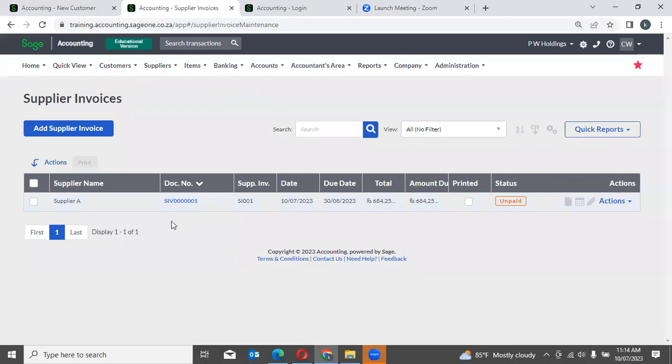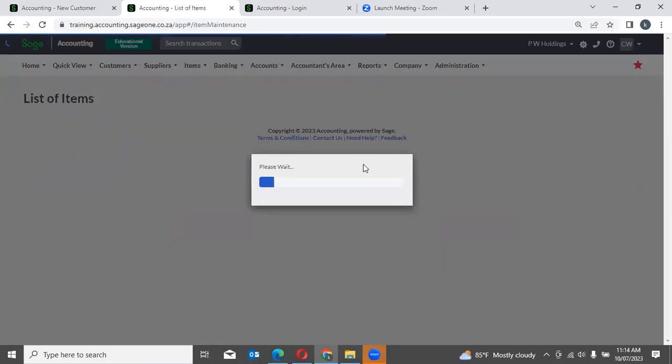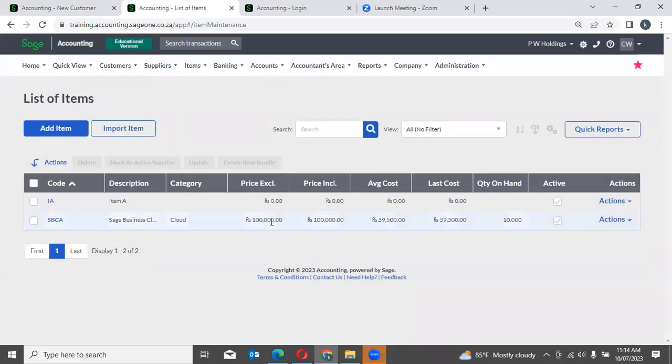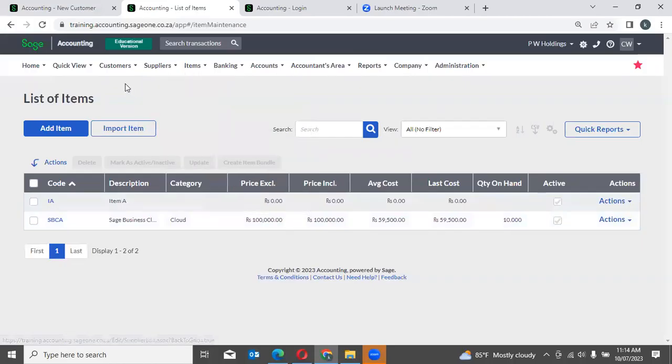Right. Now, after you enter supplier invoices, it will update supplier balances and it will update item balance. Now, previously, there's 0 quantity. Now, that quantity increased to 10. Okay, like that, it will update automatically. Okay? And also, you can enter